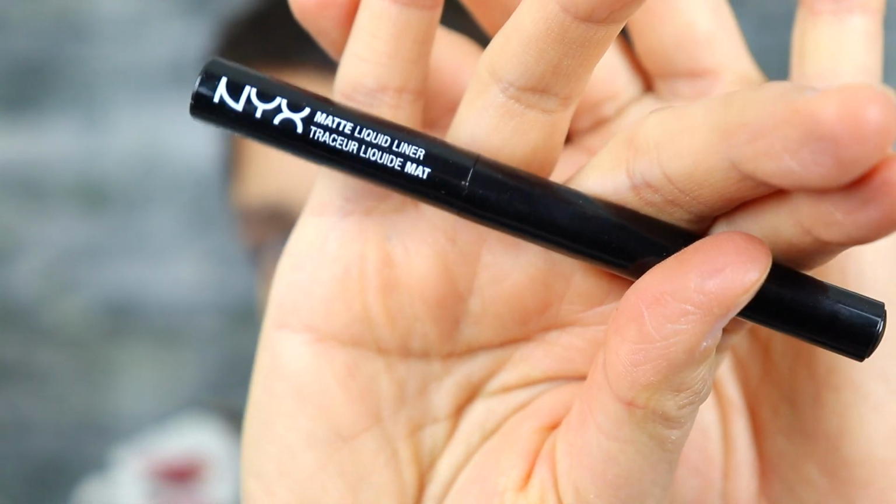It used to be really easy, but now it's a little bit more of a struggle bus. So I'm going to go in with the liner that I always used, and that was my NYX, I think I still have it, yes. I'm going to go in with my NYX liquid liner, and I used to love this liner because it has a paintbrush tip, and I felt like it was very smooth